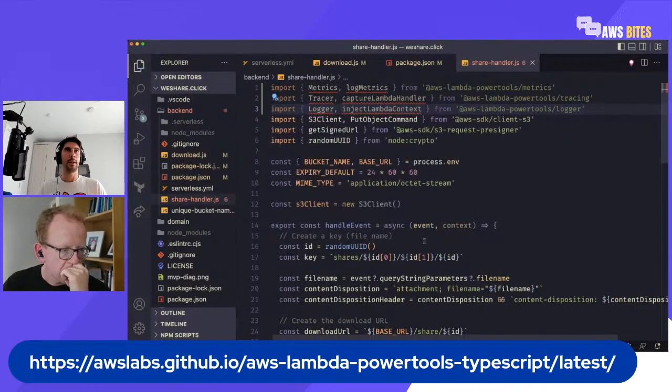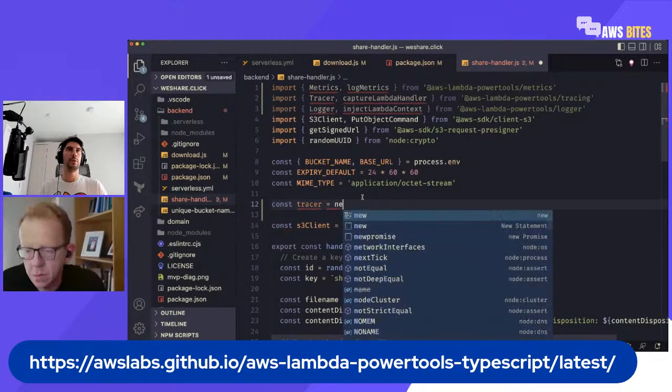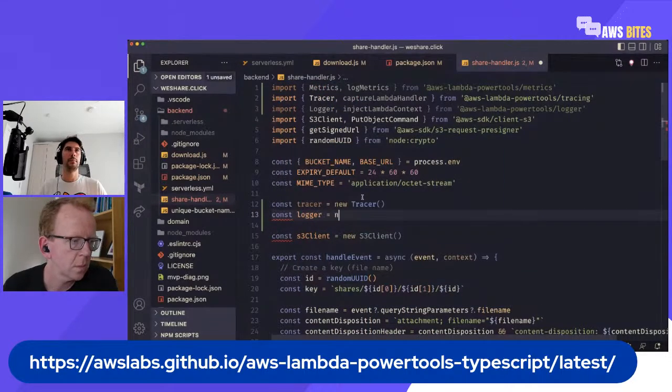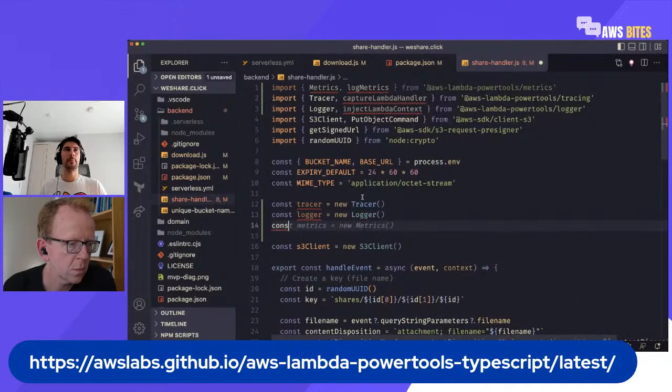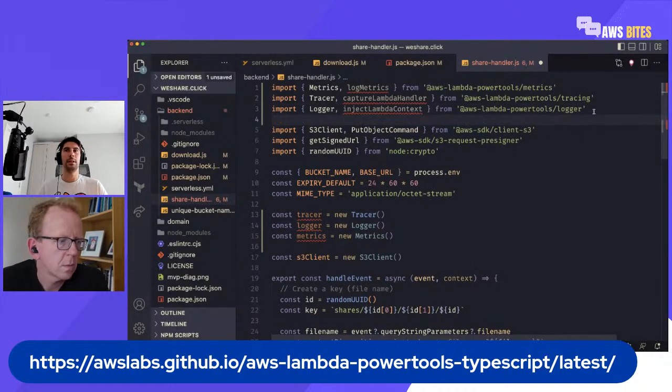So now we have all the dependencies we need. We'll need to start creating instances. So for instance here, before creating the S3 client, we could create a tracer instance by just saying new Tracer. We can similarly create a logger, new Logger, and Metrics as well. Okay, then what's the next thing that we need to do? We'll need to import Middy, because this is how we can attach these things that we just created. So let's import Middy